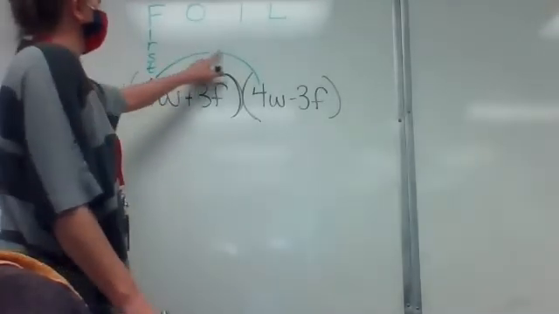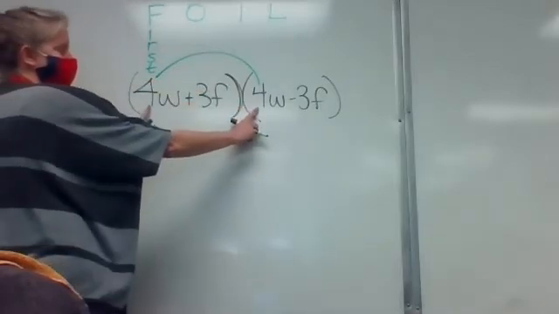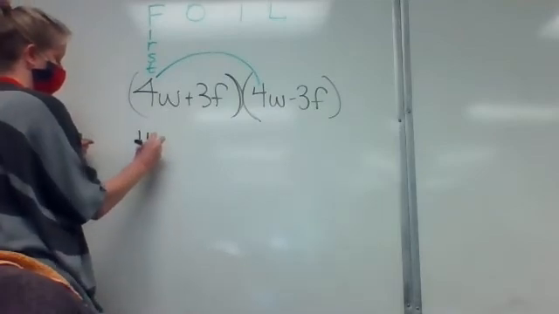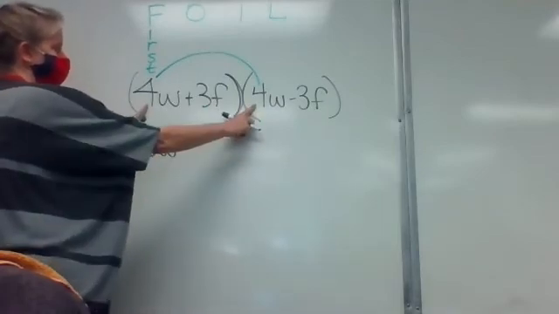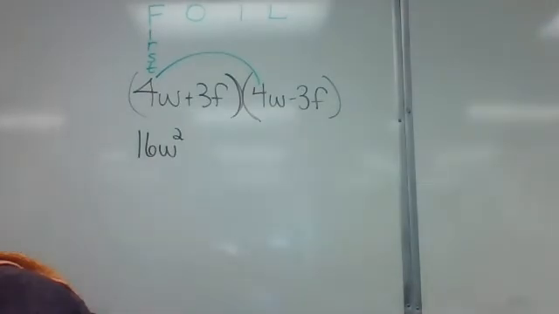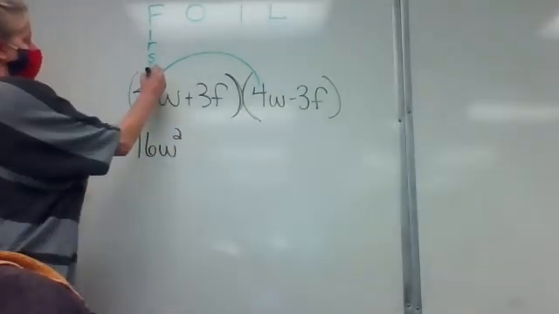So I have 4w times 4w, which gives me 16w squared. Right? 4 times 4 is 16. W times W is W squared. So now,